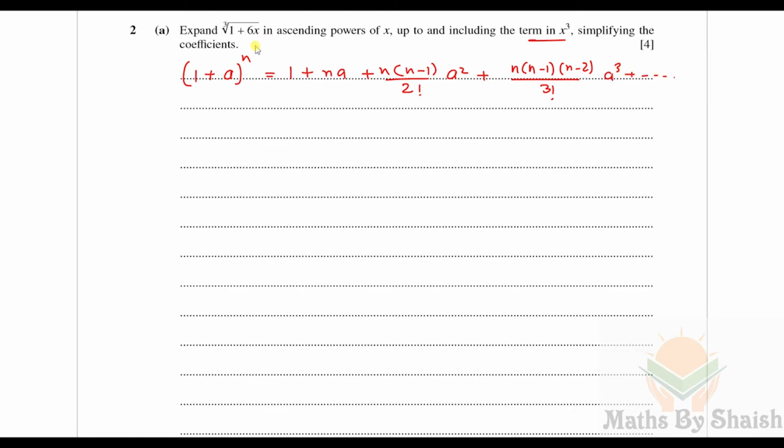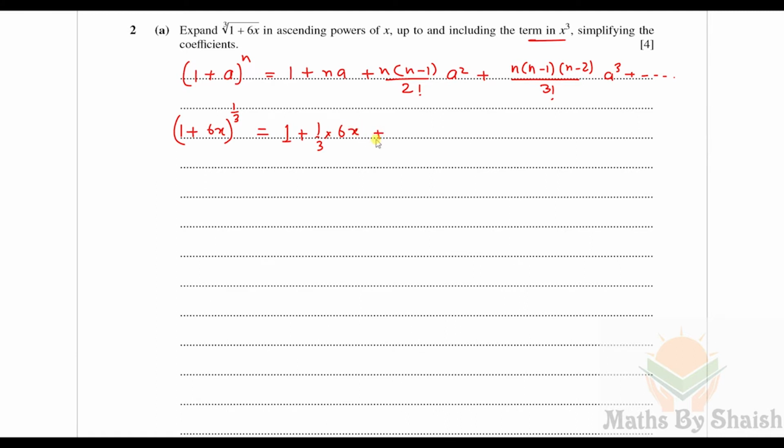So first of all we will convert this into the form (1 + 6x) to the power 1 over 3, the cube root, and hence here n is 1 by 3, so this is going to be 1 plus 1 by 3 times 6x